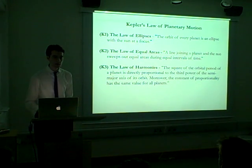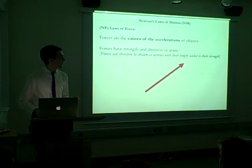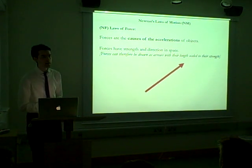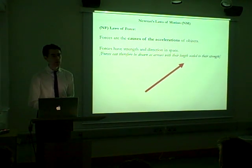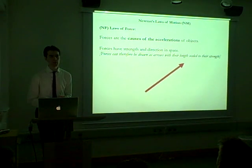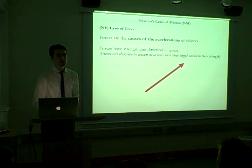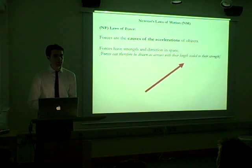And this is the last geometric demonstration I want to show you. Isaac Newton devised a way of explaining the elliptical shape of the orbits and explaining the relationships by saying there is a force directed towards the sun that causes the planet to orbit in this way. Now, Kepler had thoughts of similar ideas, but he'd never been able to get it consistently together. And he certainly never was able to demonstrate that a force towards the sun meant that the planets behaved as he saw. So, Isaac Newton's law of force, I don't think I'll need to explain it to a lot of you,